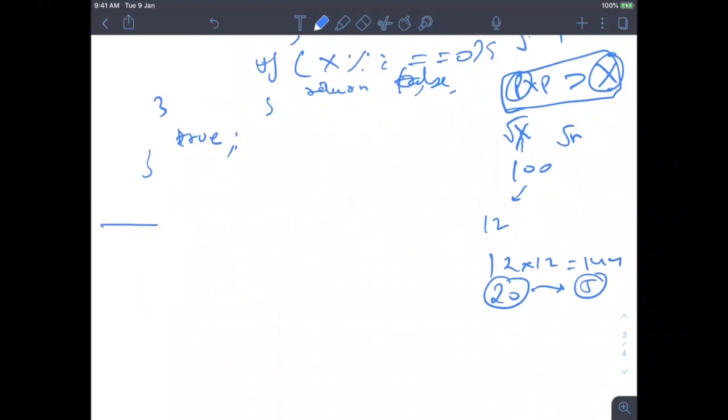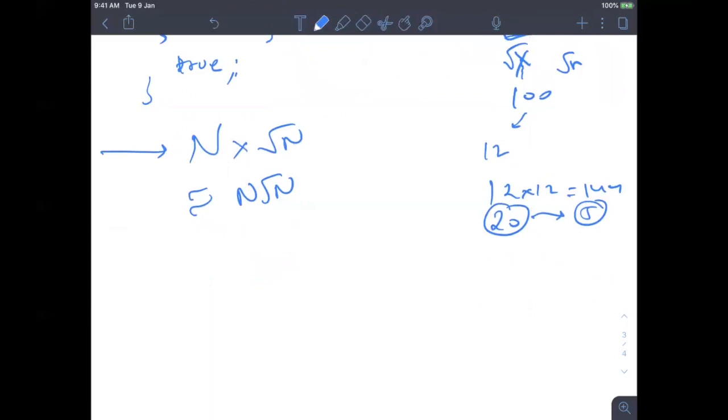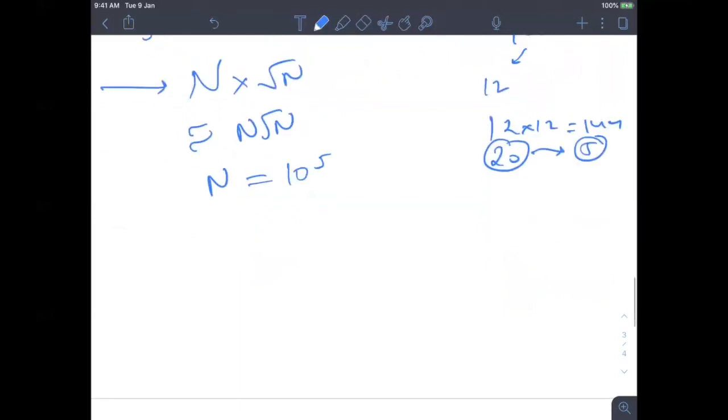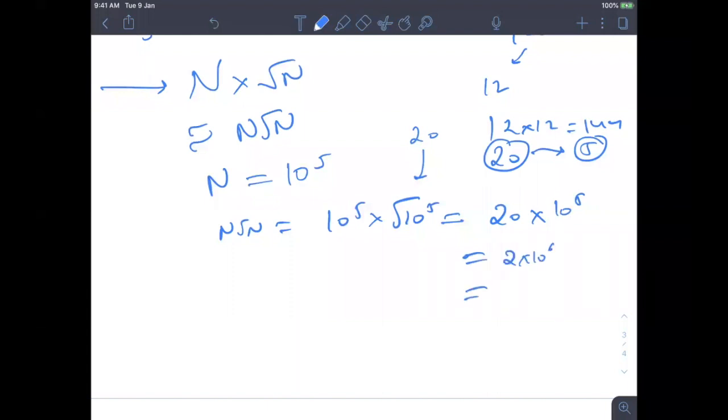Now let's again analyze the complexity. Total n numbers are there, and the inside loop is till root n. So the complexity we have reduced to n root n. Now again think about the constraint. When n was 10 to the power 5, earlier we were getting TLE with n square, but now with n root n it will be 10 to the power 5 into root of 10 to the power 5. This number is around 20 or maybe lesser. So it will be 20 into 10 to the power 5, which is 2 into 10 to the power 6. You will get an accepted tick and you will be happy.